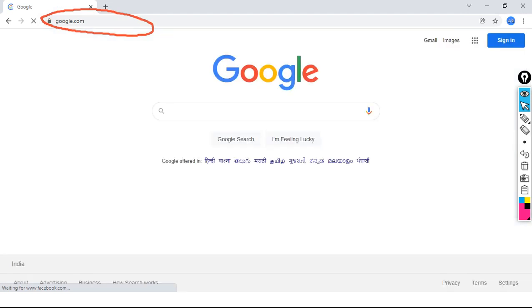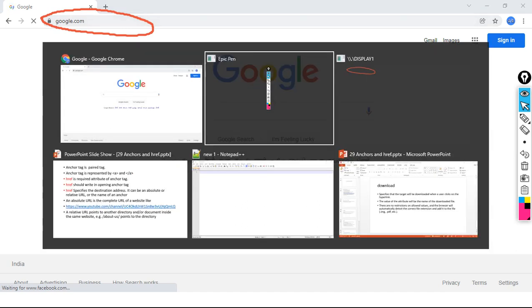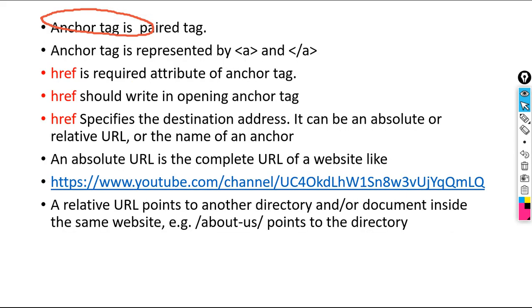We are at the Google website, correct? So it is very much clear what a relative path is and what an absolute path is. Absolute path is the complete URL, and relative path is the URL from the current page. Okay, now let's move on.